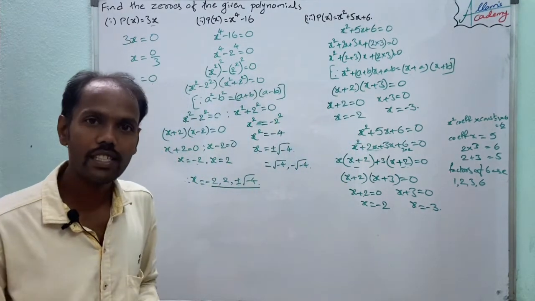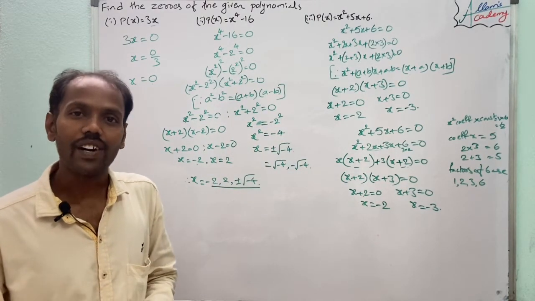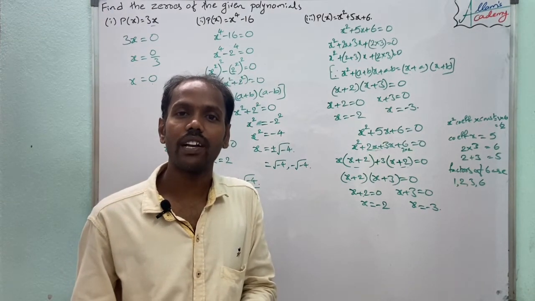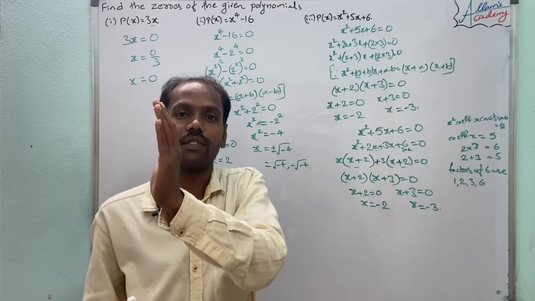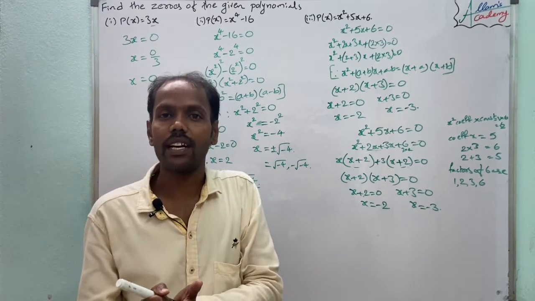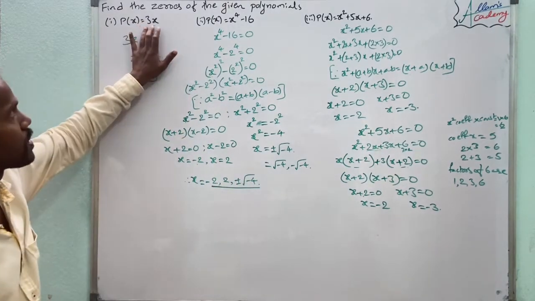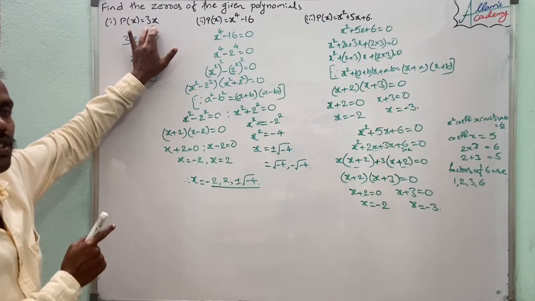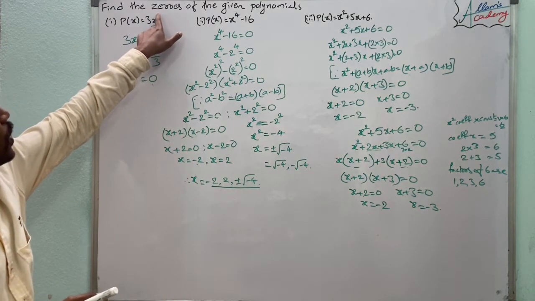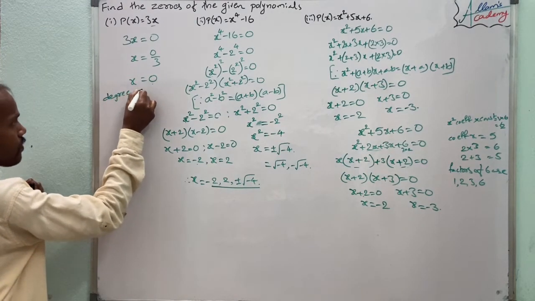Okay, so in this model we found the zeros of the given polynomials, and once again we recall the degree of the polynomial. Degree of the polynomial means what? The highest exponent of each monomial of the polynomial is called the degree of the polynomial, as we said already. Here only a single term is given, so its degree, the exponent, is x to 1, so the degree of the polynomial is 1.